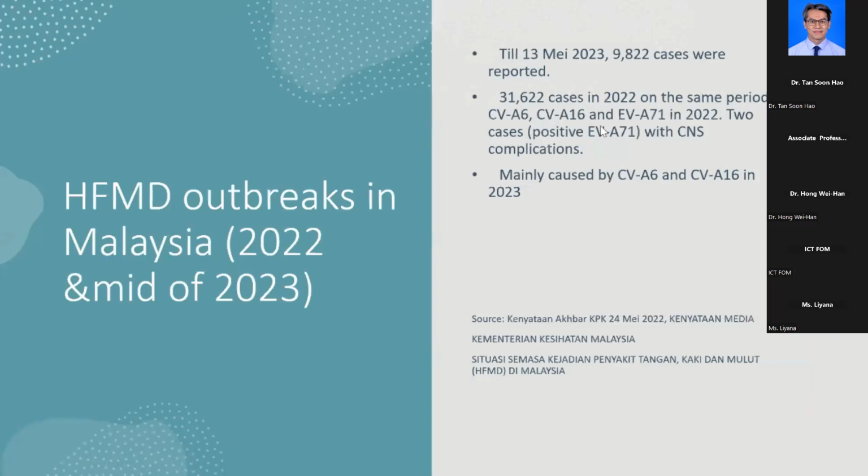Although most people now are more afraid of COVID compared with HFMD, HFMD actually also needs some attention as well. Okay, and from last year, the main viruses that caused the outbreak were these three viruses: CAV6, CAV16, and EVA71, resulting in two cases where the children had to be admitted to ICU with CNS complications, and it has been proven that these two children were infected by enterovirus A71. However, in 2023, the viruses that cause HFMD are mainly these two viruses, CAV6 and CAV16.